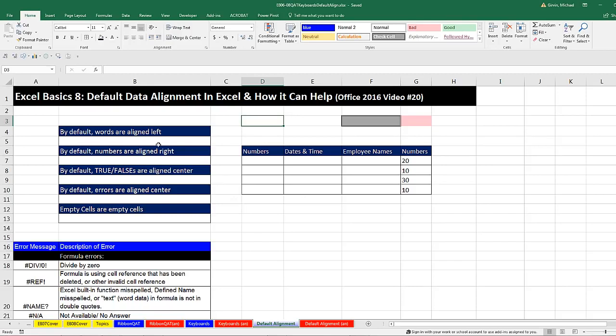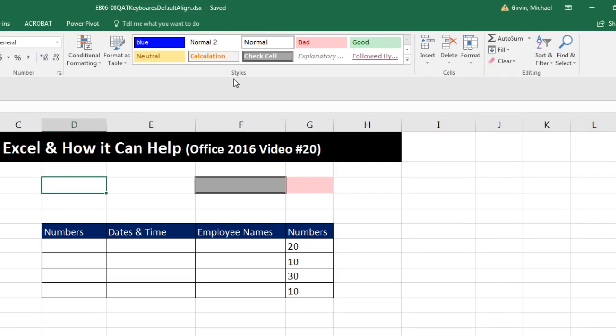Now, before we talk about the default alignment for text and numbers, I got to look up in the Styles group. And I want to notice that Normal is highlighted with that little gray box. If I click on this style right here, it jumps to Check Cell. That's a style I never use. And when I click back over there, it jumps to Normal. This one is the bad style. This one is Normal. Now, that's important because if we talk about default alignment, that means no one's messed with